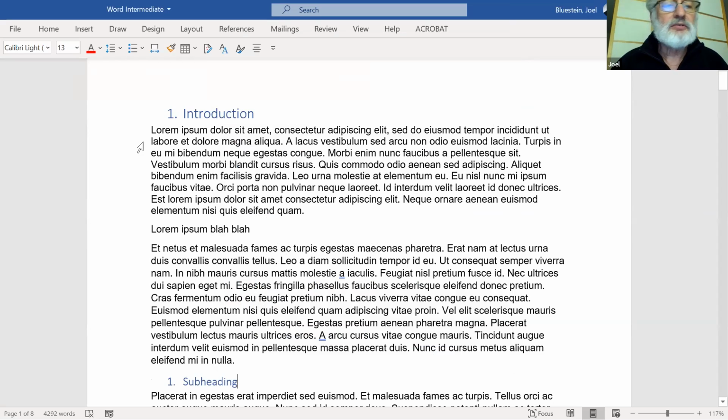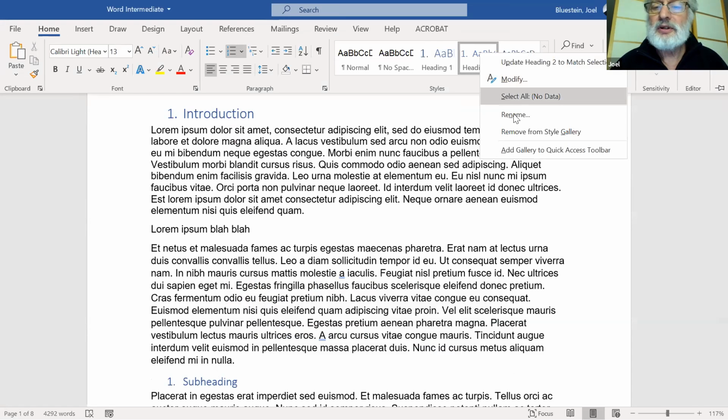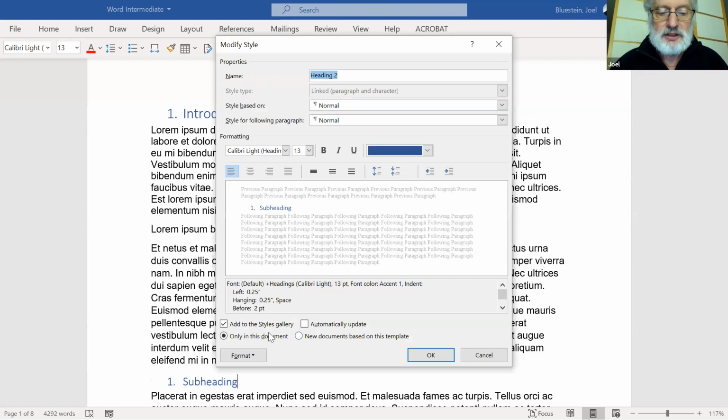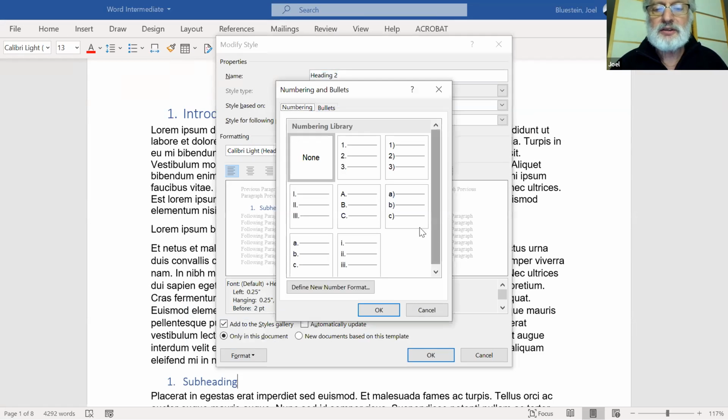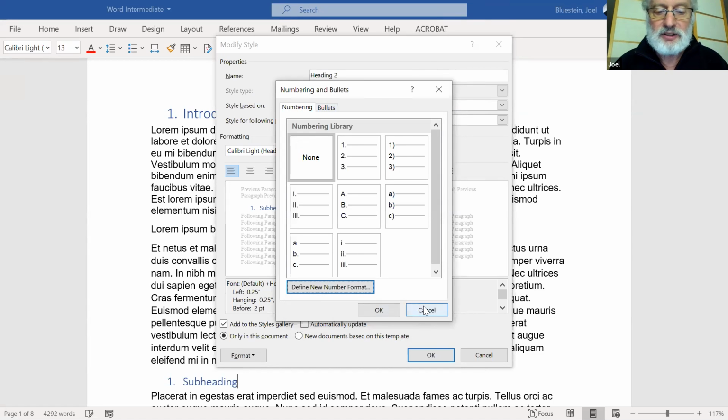No, I want it to number 1.2. Numbering, and let's see. Number style. I did not practice this in advance. So let's see. Might have to let this go for now, and we'll come back to it. Anyway,